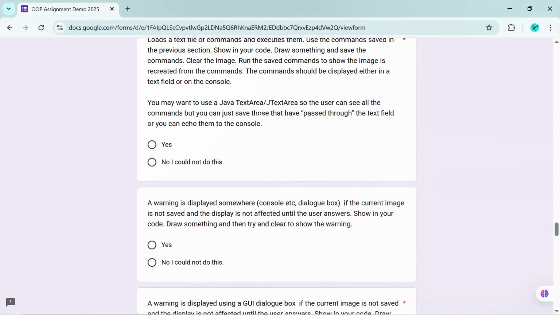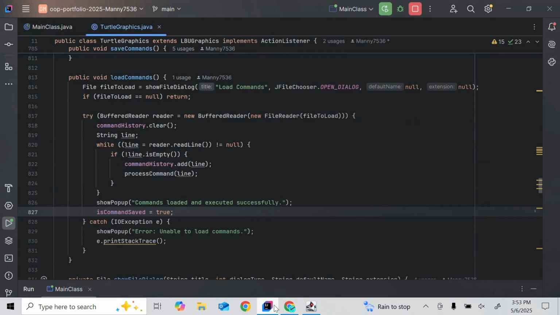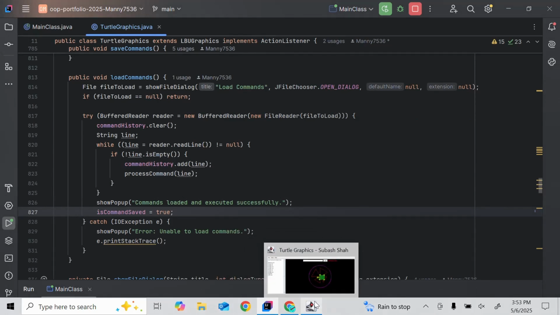So moving to the second part of the question, here it says you may want to use a Java text area, JTextArea, so the user can see all the commands, but you can just save those that have passed through the text field, or you can echo them to the console. So instead of showing the user entering commands in the terminal,